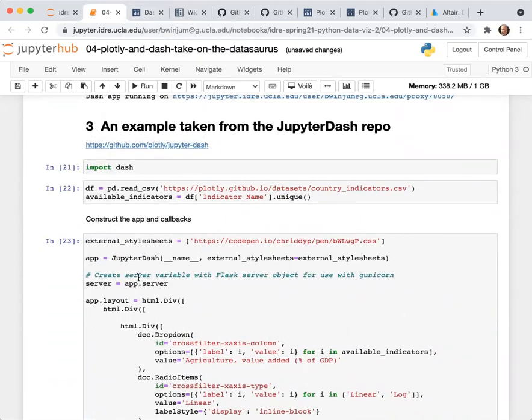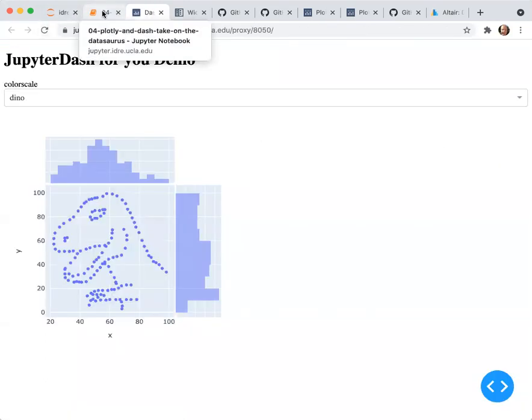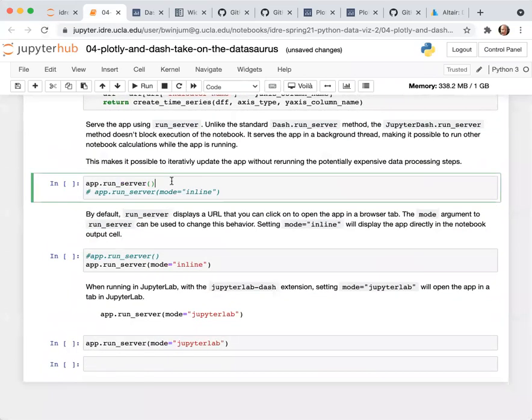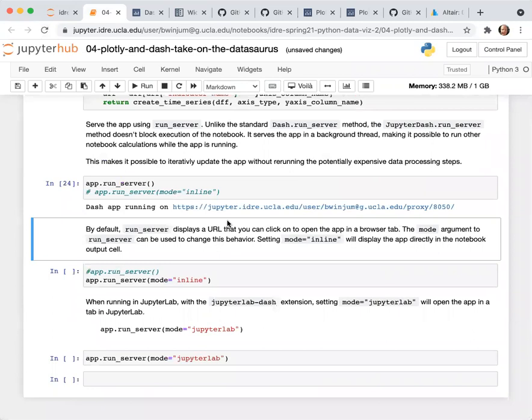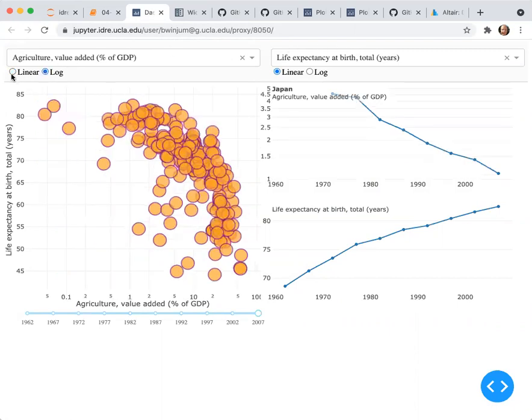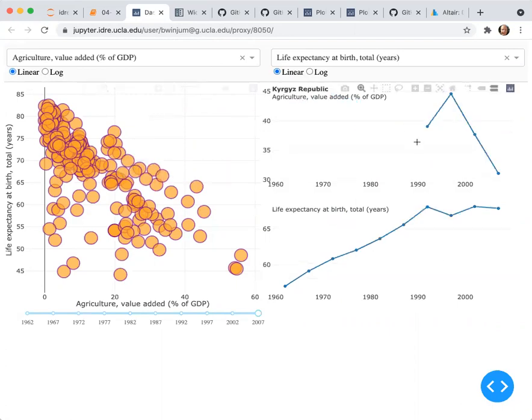Since it's already tied in, one server, it's linked to the same web page. But here you can see that there are two drop-down menus. There are little buttons here about whether to put it on a linear or log scale. And now you have plots that are linked together.